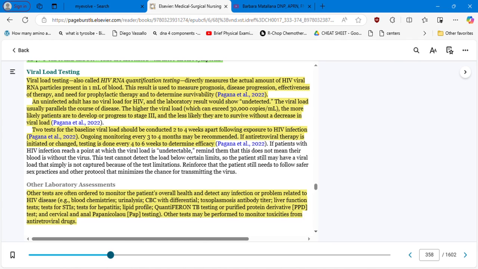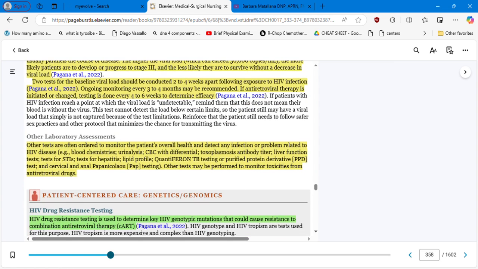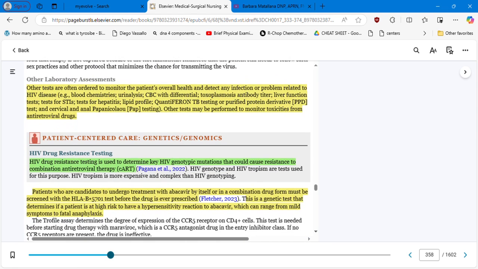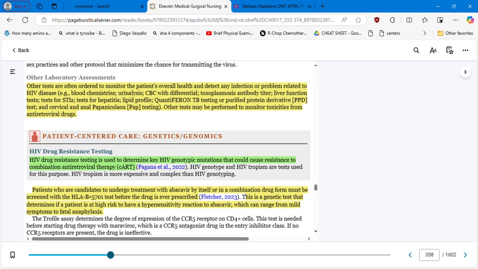If antiretroviral therapy is initiated or changed, testing is done every 4 to 6 weeks to determine efficacy. Yes, they need to double check on that. Other laboratory assessments to monitor the patient's health and detect any infection or problem related to HIV include blood chemistries, urinalysis, CBC with differential,